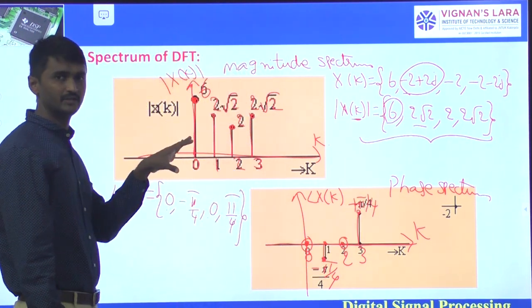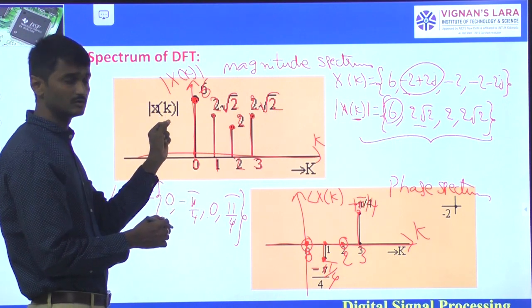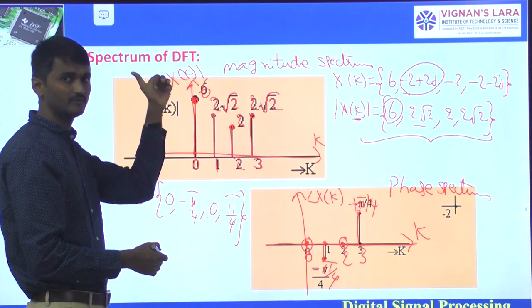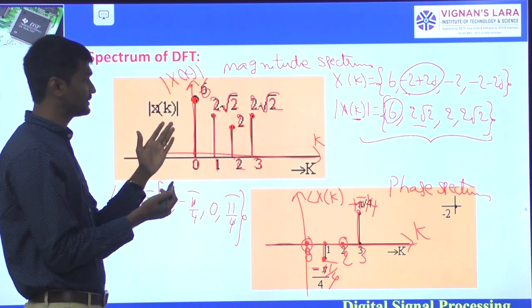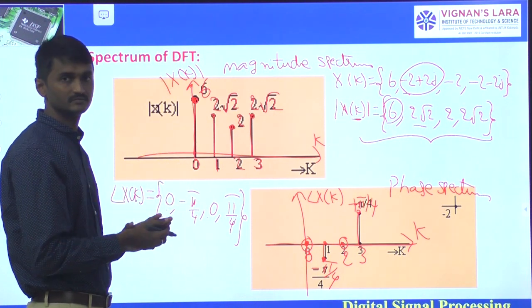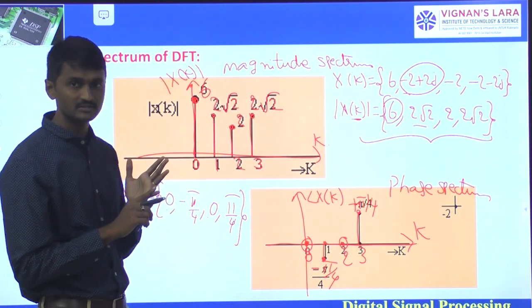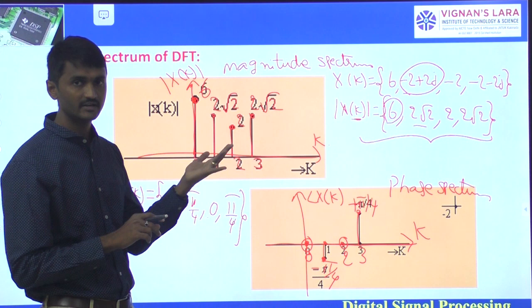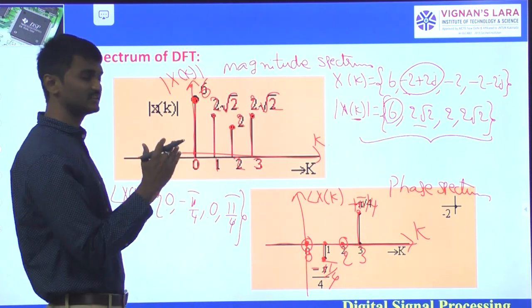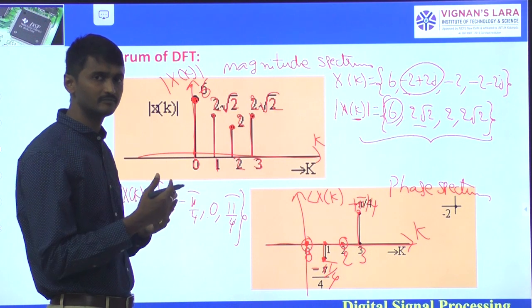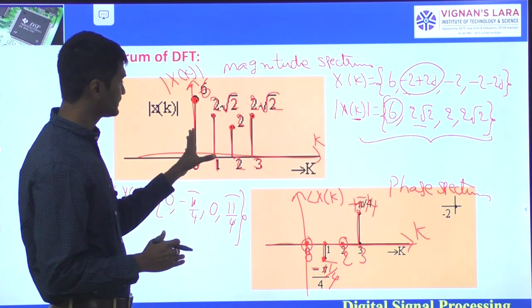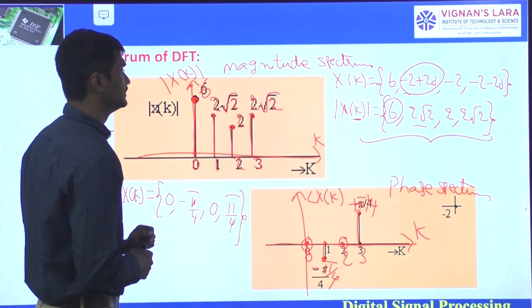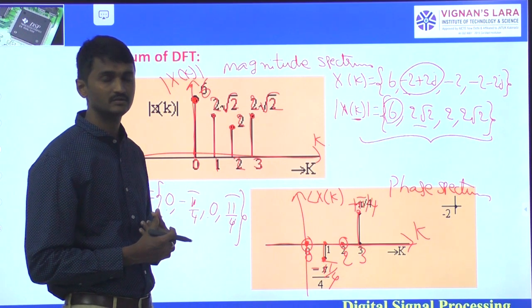See, if you observe the spectrum of DFT, as I told in the beginning, the spectrum of DTFT is continuous, whereas the spectrum of DFT is discrete. Simply, what is DFT? DFT is nothing but the sampled spectrum of DTFT. Right? So in the next class, we will start